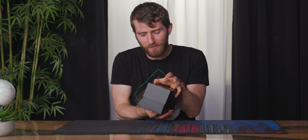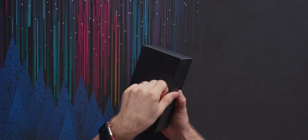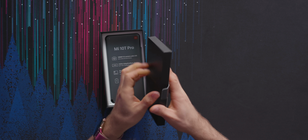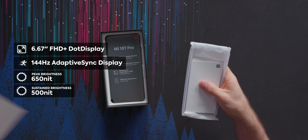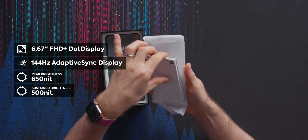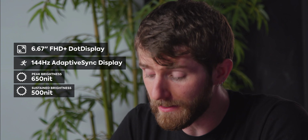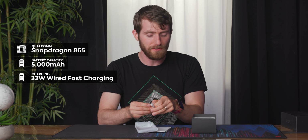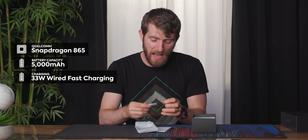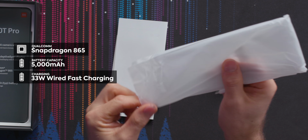108 megapixels. Have we gotten to the point where there's just too many megapixels for one man to handle? Probably not. This is the Xiaomi Mi 10T Pro. It features a 144 Hz display that peaks at 650 nits and can handle 500 nits sustained. That's what it's rated for. It's got a Snapdragon 865 processor, a 5,000 mAh battery with up to 33 watt fast charging, and it comes